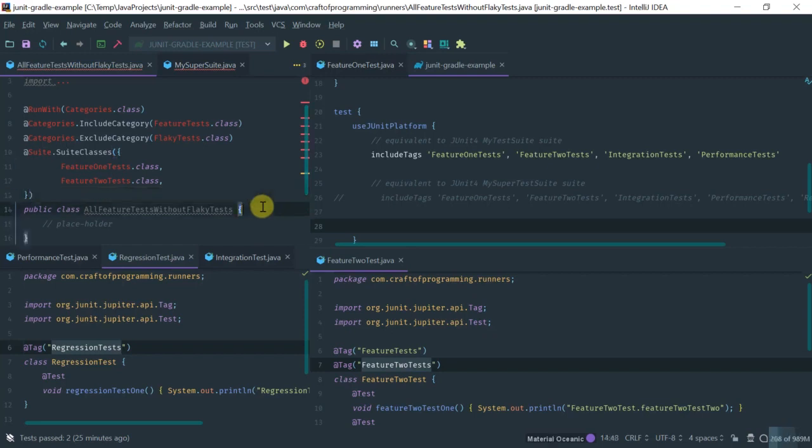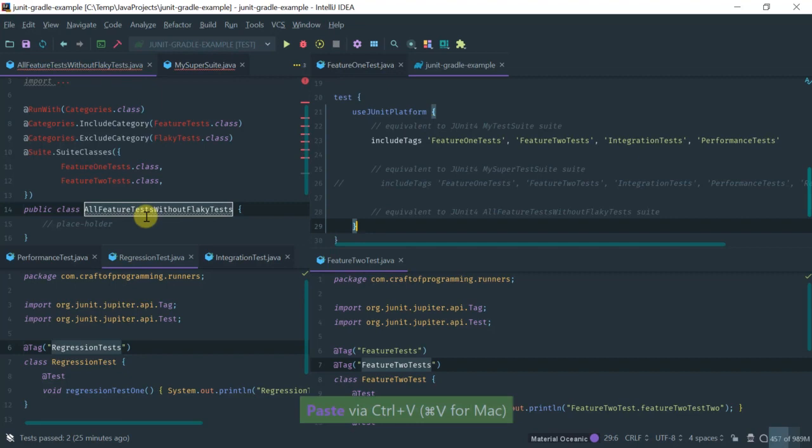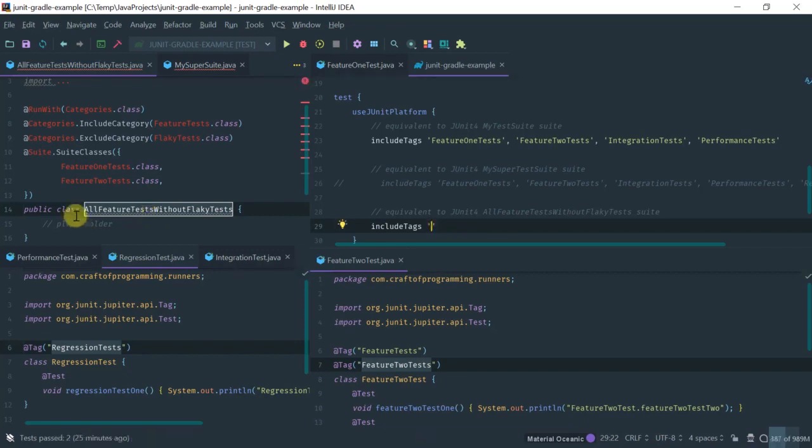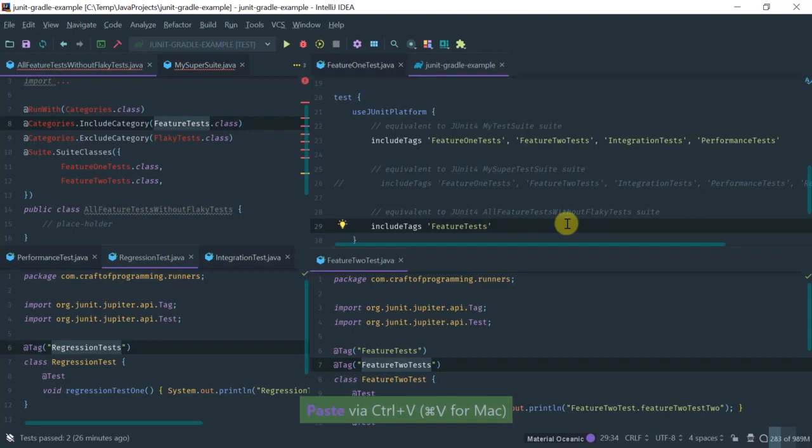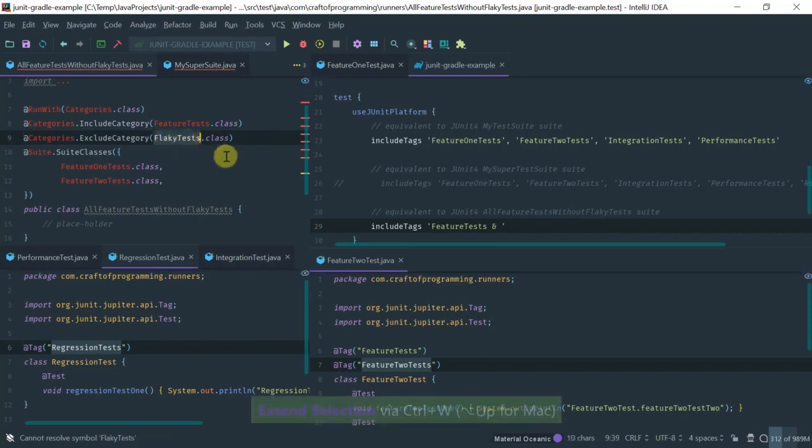So the next one, recall, is the one where we are defining all of the feature tests, excluding the flaky tests. So here there are two ways to define this. First let me just put a comment here. So this is equivalent to this, and we can define it with include tags. And here we're going to use a Boolean expression. So the include tags supports a Boolean expression of tags, as well as parentheses to change the precedence order. So you can do, I'm going to define the feature test, and I'm going to exclude the flaky tests